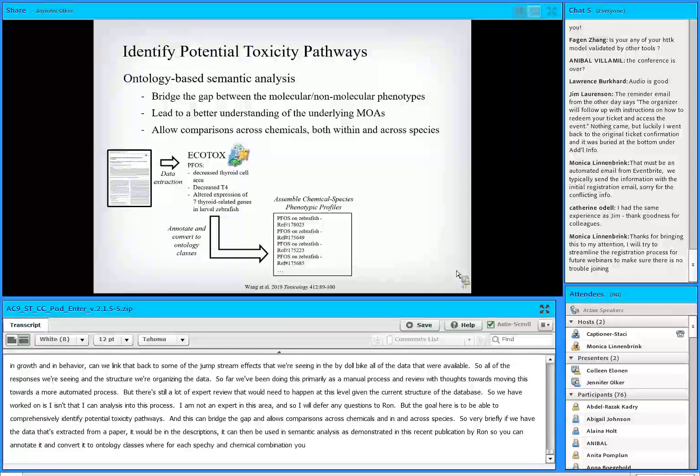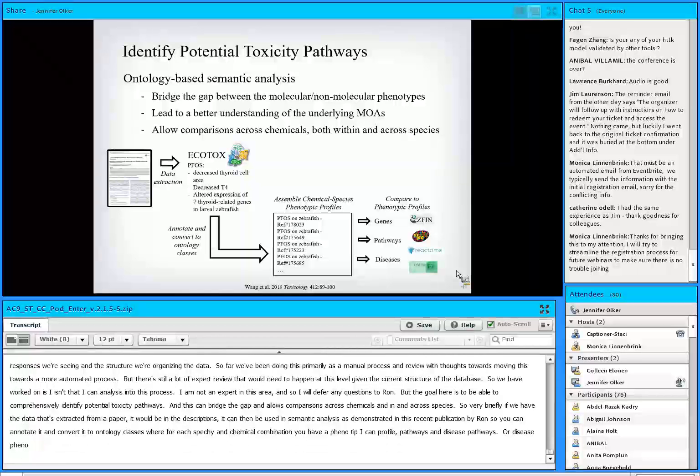And those can then be assembled together and compared to existing phenotypic profiles that are out there, including those for genes, such as that are available in ZFIN, pathways such as KEGG and Reactome, and disease pathways, or disease phenotypic profiles. However, this process is going to take some time, and we are moving in this direction and making some progress, but it is not going to be an immediate